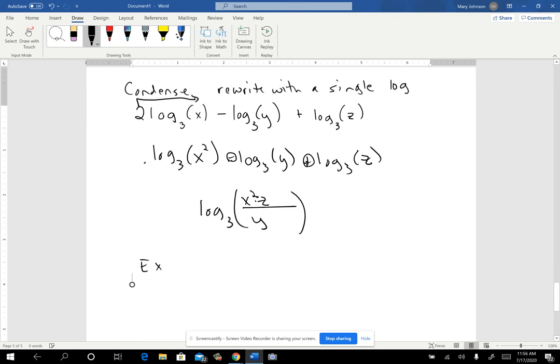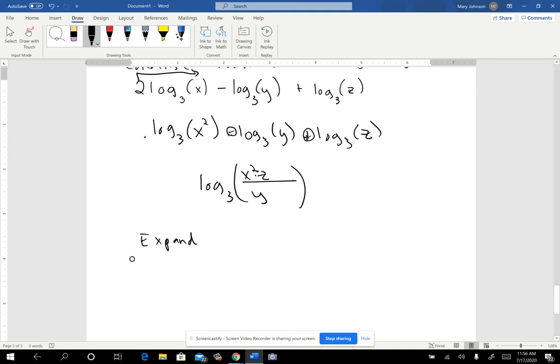Okay, you might also have one that says to expand. Okay, and so like you might start with something that looks like that. So you might start with something like ln, and then you might have x, y to the third z over 2, maybe something like that. All right, so when you're looking at that, what you can first do is say, well, I know I'm going to do ln,